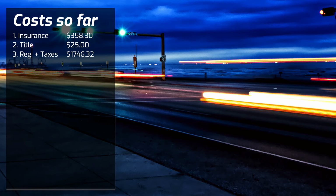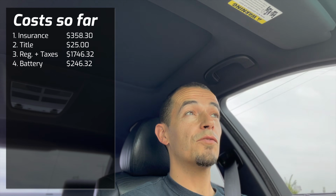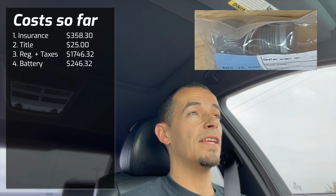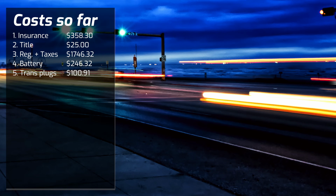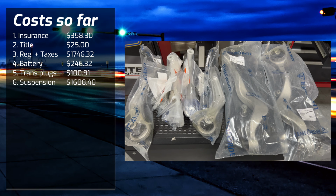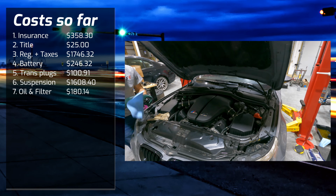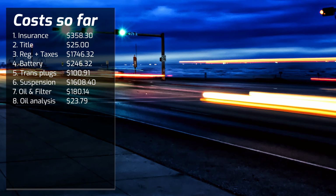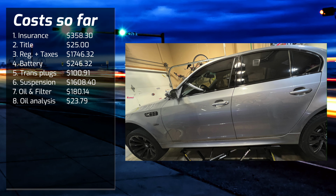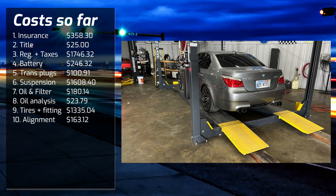The other things were battery, $246.32. Trans plug, it actually ended up for 2 trans plugs and the gaskets being just over $100 at $100.91. Ridiculous for 2 bolts. Suspension arms, $1,608.40. Oil and filter, $180.14. Oil analysis, $23.79. Tires plus fitting, $1,335.04. Alignment, $163.12. The programming,